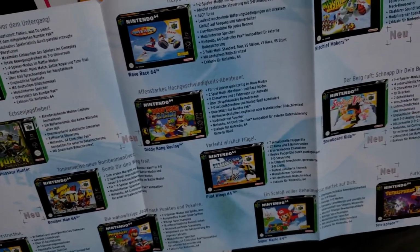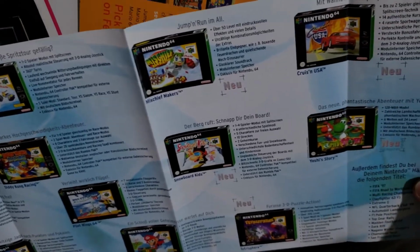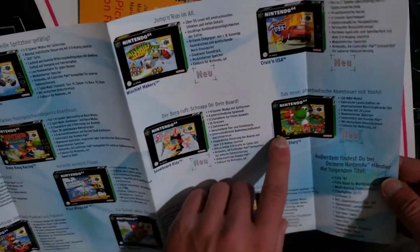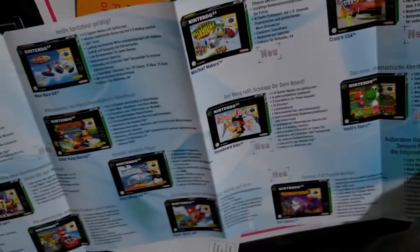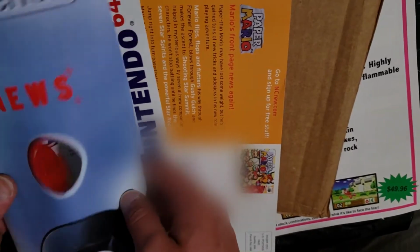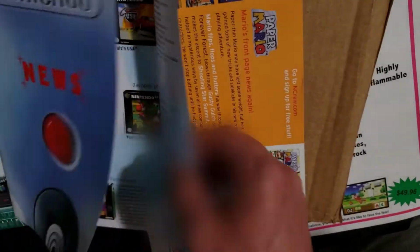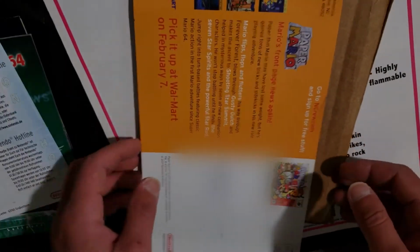Bomberman 64. Good game, that one. Ren and Snowboard Kids, Mischief Makers. I wanted to like you a lot more. I guess I just wanted a good Yoshi game, and that was the closest thing we had. Yoshi's Island, I guess, is a good Yoshi game. It's just, you have the whole baby system going on. It just distracts. You can have fun with it, but...